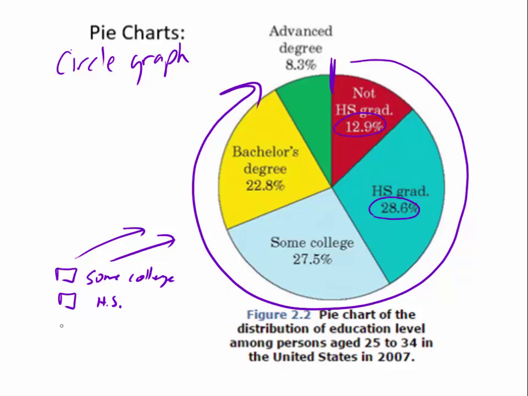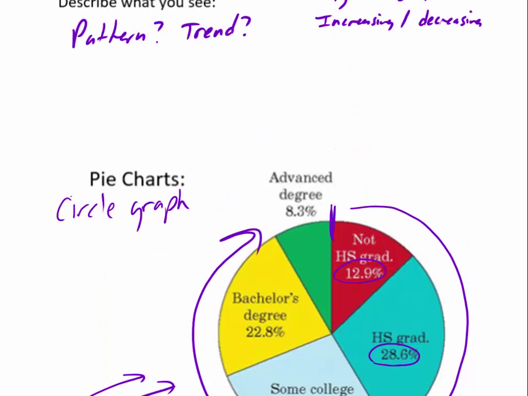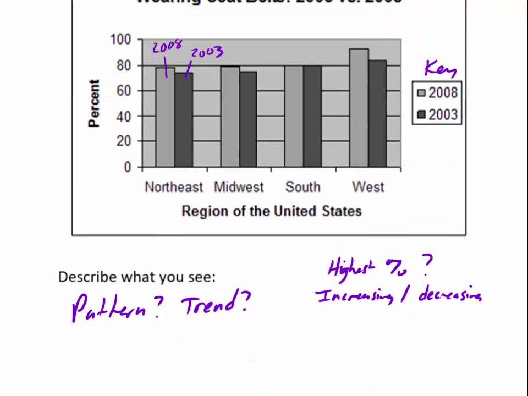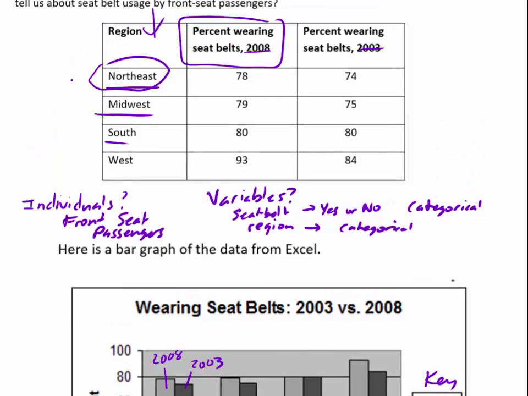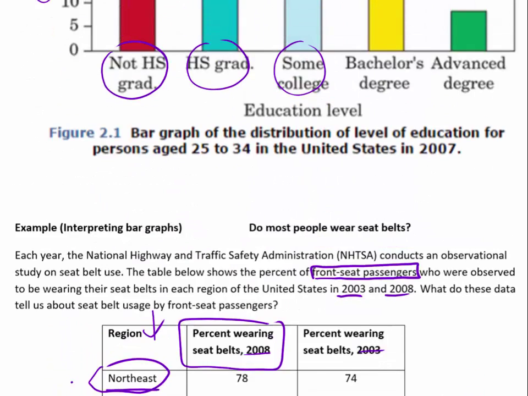It's hard to tell sometimes with the colors, but you usually know that they start at the top and work their way around. That's the typical process. So comparing these two,